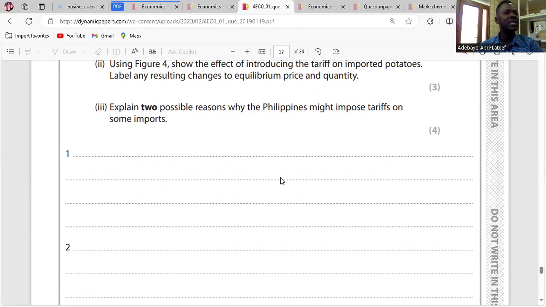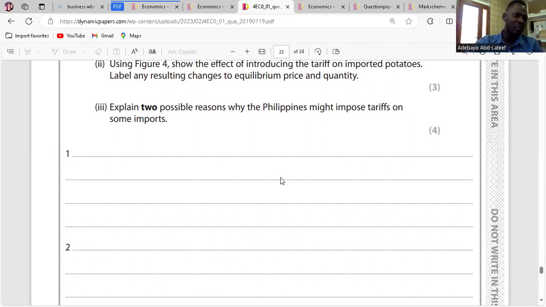And when we talk about protecting infant industry, we're talking about maybe there are some firms in the Philippines that produce potatoes also. So if there are farmers that produce potato in the Philippines, and there are some firms that can produce it within the Philippines, as a result, government wants to protect them to ensure that they are able to compete with foreign firms too. So government might come up with tariffs to